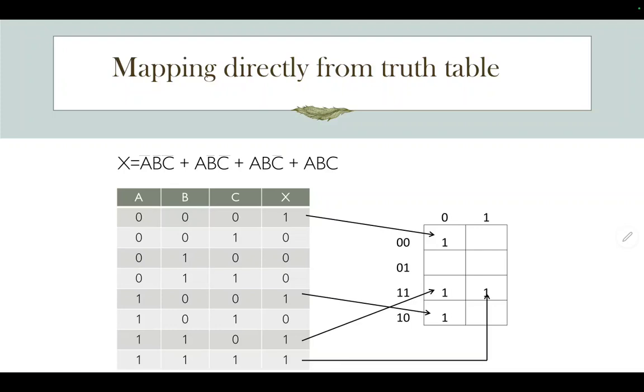Alright, here is an example for mapping directly from a truth table. So you got a truth table here from the equation x equals a bar, b bar, c bar. So a bar, b bar, c bar, 0, 0, 0 here. 1, 0, 0, 1, 0, 0, 1, 1, 0, 1, 1, 0, 1, 1, 1, 1, 1, 1. So you place this one in the K-map A, B and C: 0, 0, 0, 1, 0, 0, 1, 1, 0 and then 1, 1, 1.